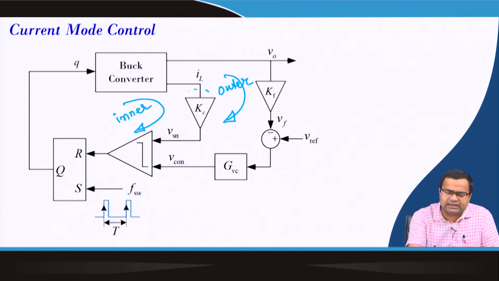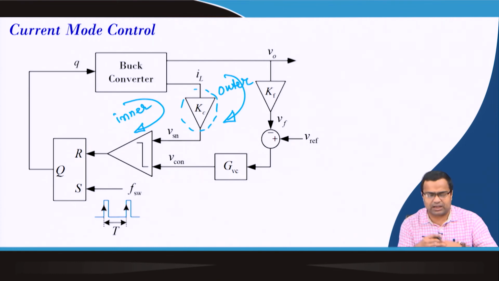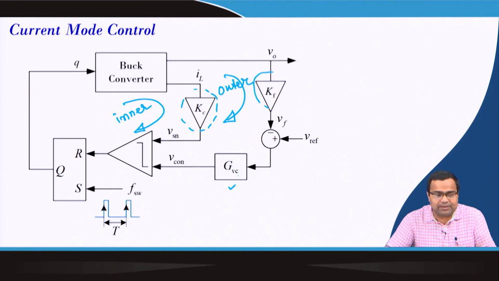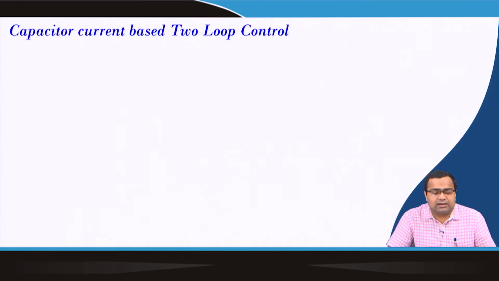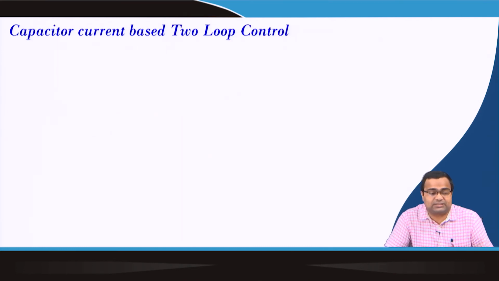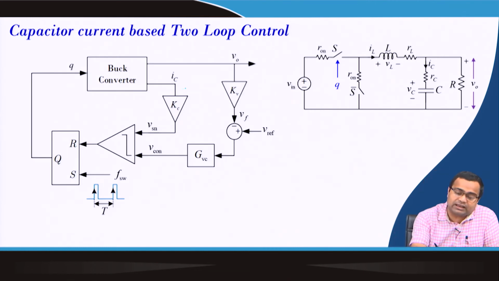If we put a current sense amplifier gain or current loop gain, that is Kc, and this is a feedback gain for the voltage loop that we discussed, and then there is a voltage controller. Okay. I will show you the implementation of this block. Alternatively, instead of an inductor current, we can also have a capacitor current control, in which we use a capacitor current,